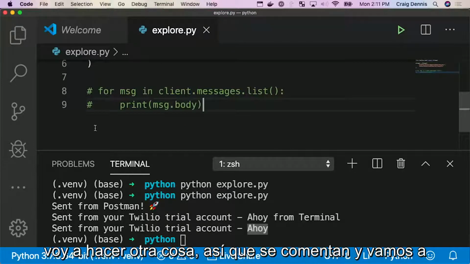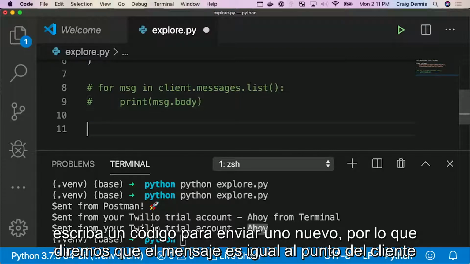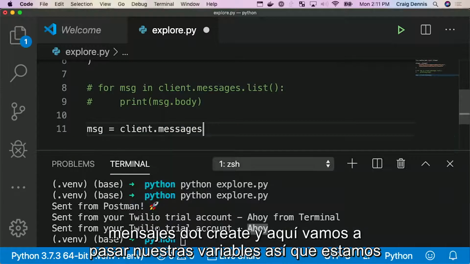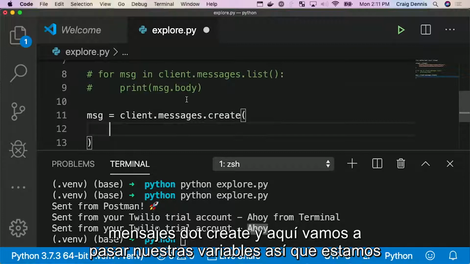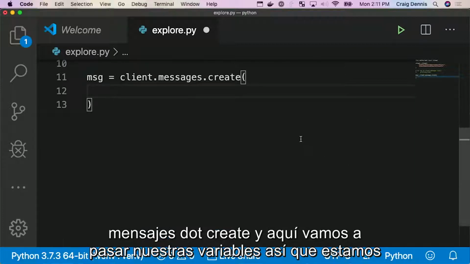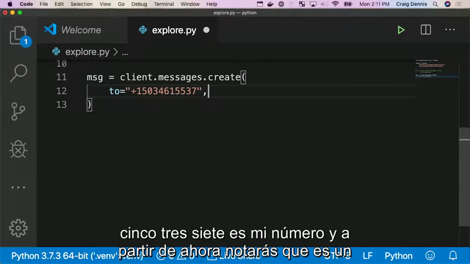So those are commented out. And let's write some code to send a new one. So we'll say message equals client.messages.create. And in here, we are going to pass our variables. So we're going to send this to me, or to you in this case, 503-461-5537. It's my number.